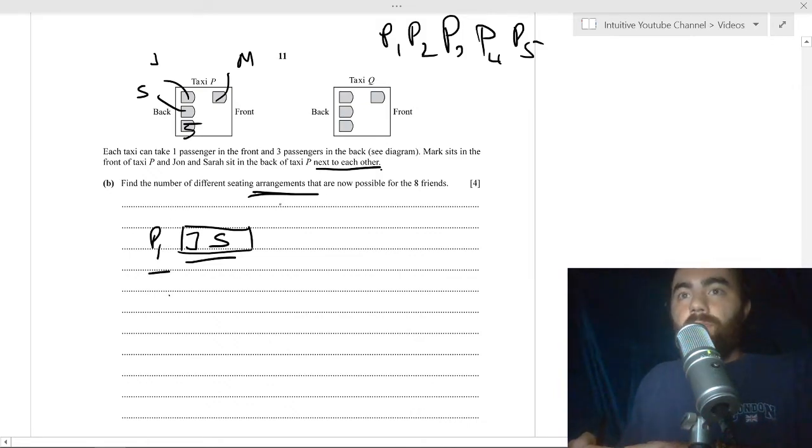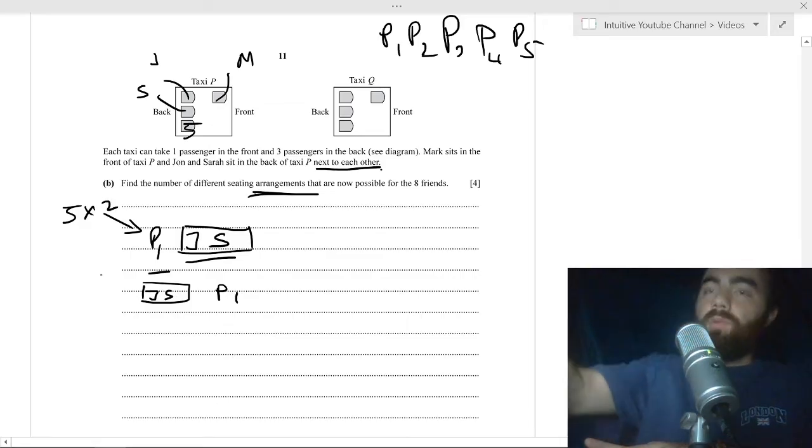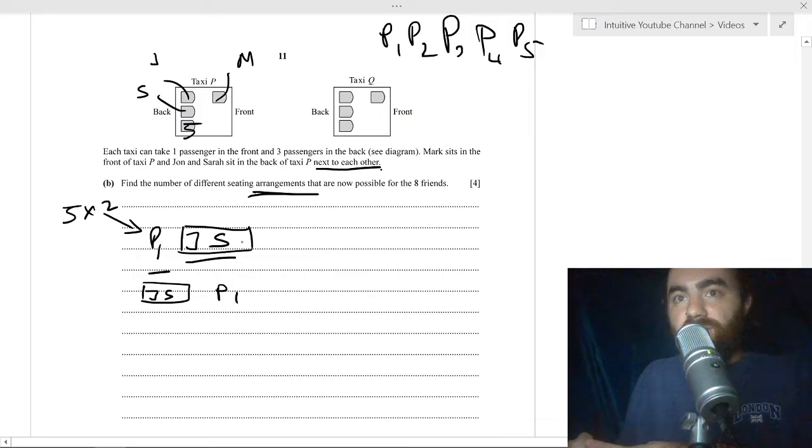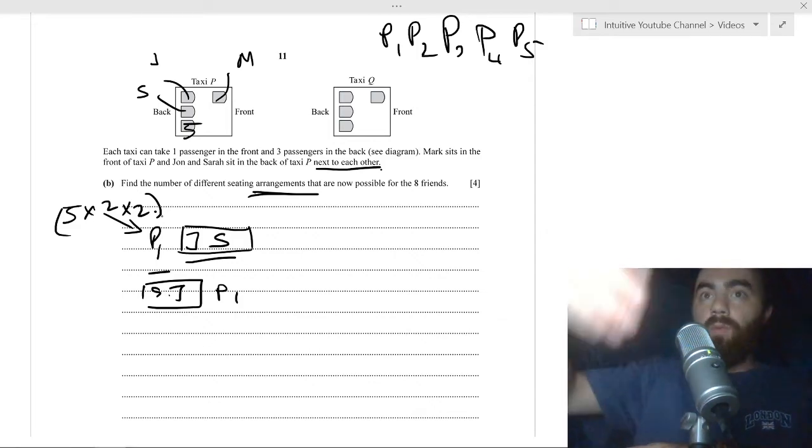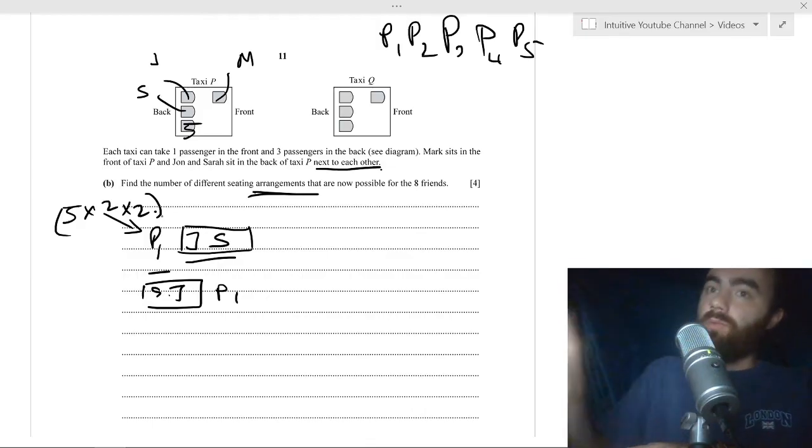So if you want to see the number of arrangements of this, we have 5 ways to pick this first thing, but then how many ways can we arrange this? Well, we can switch these over, and say JS and P1, so that's times 2. There are 2 ways that we can do that for every single way that we pick. And also, we can arrange the J and S back and forth. So you can switch this to SJ, and it would be a different arrangement. So that's times 2 again. So there are 5 ways we can pick this last seat, and then times 4 ways we can arrange it for each way that we pick.